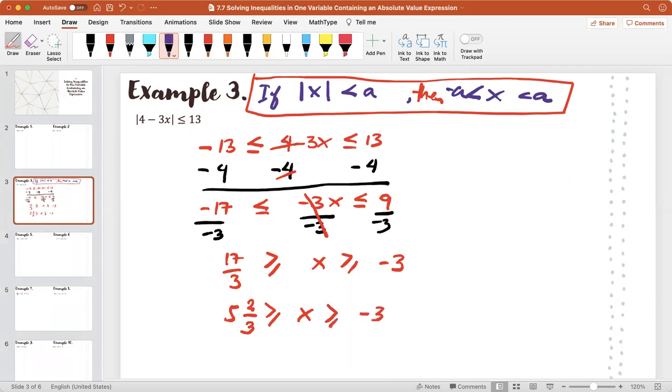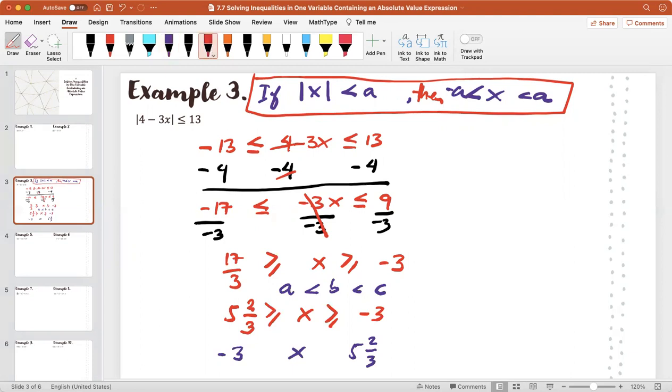We can write this in the standard form, which is a less than b less than c. Of course, we have to write negative 3 here first, a smaller number, and we have 5 and 2/3, a bigger number, with x here. And in standard form,